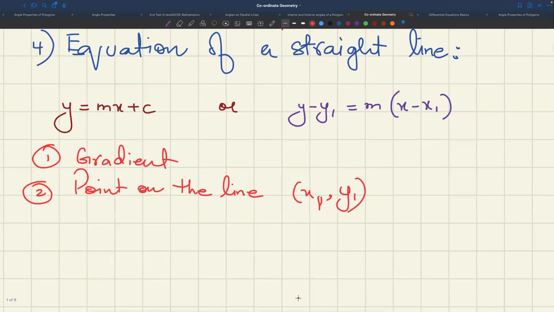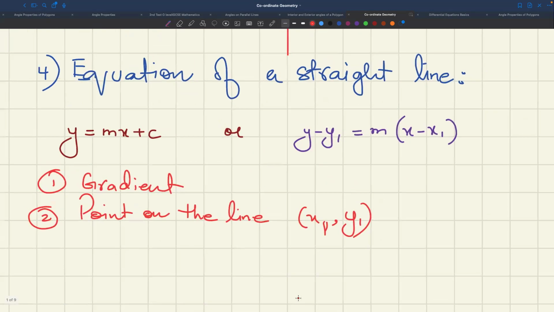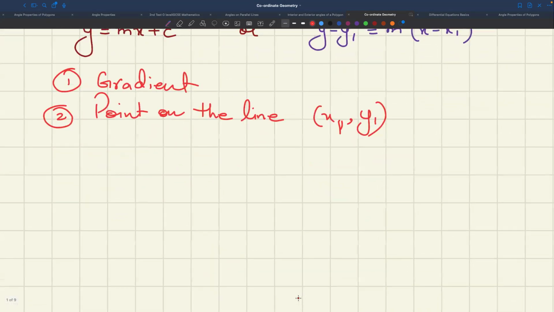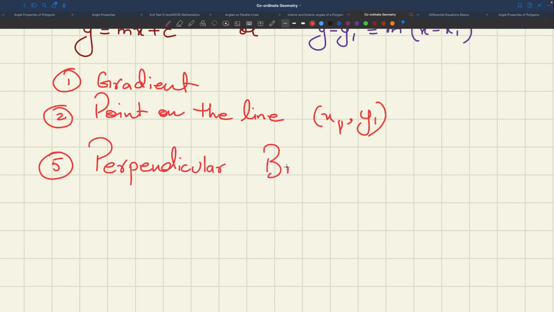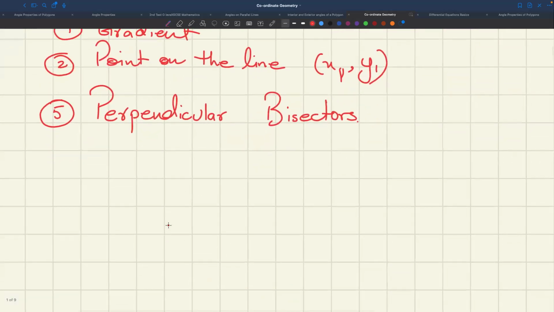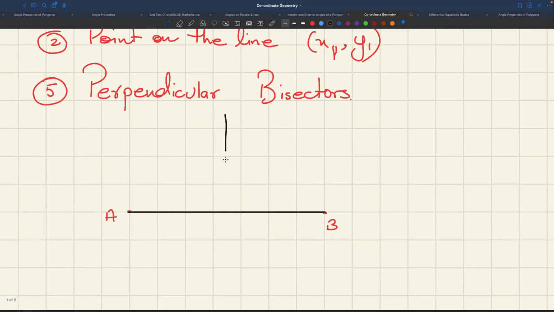And the last thing that you're supposed to know, and very important, is perpendicular bisectors. Okay. What do I mean by perpendicular bisector? Well, let's say this is point A and this is point B. A perpendicular bisector passes through the midpoint of A and B